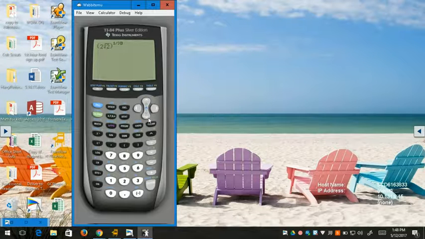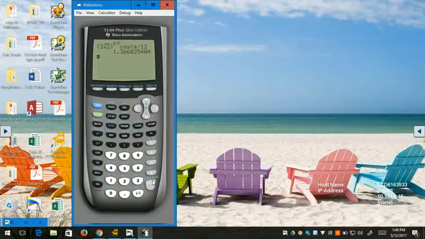Times cosine. Once I do this once, it'll be easier to get the other ones. Times cosine of my angle. And our angle right now is pi over 12. So I'm just going to do pi over 12 and hit enter. So this will be the value of A. This gives us